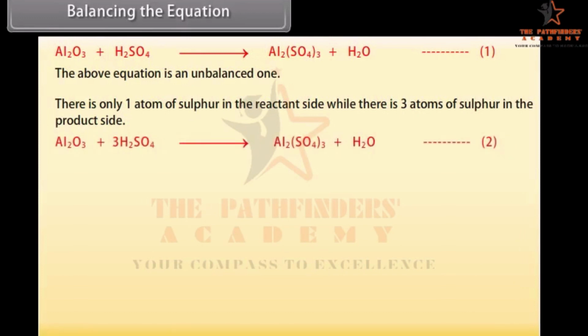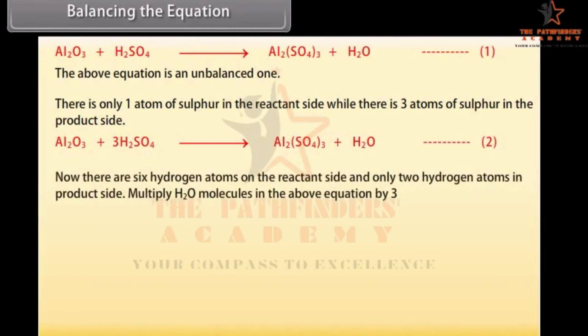Al2O3 plus 3H2SO4 gives Al2(SO4)3 plus H2O, equation 2. Now there are 6 hydrogen atoms on the reactant side and only 2 hydrogen atoms on the product side. Multiply H2O molecules in the above equation by 3. Now the equation 2 becomes